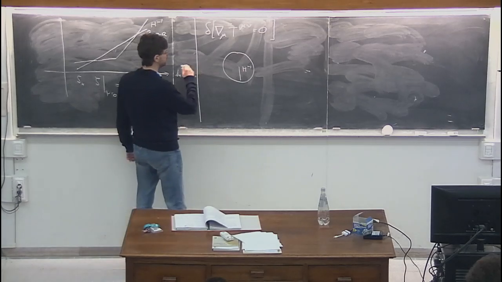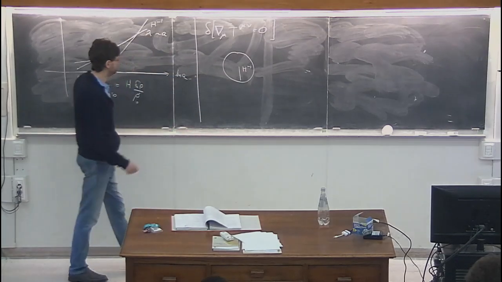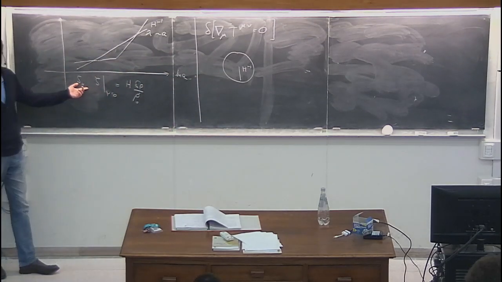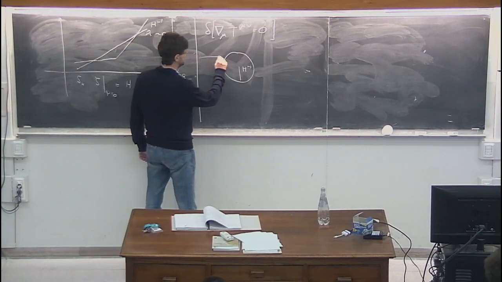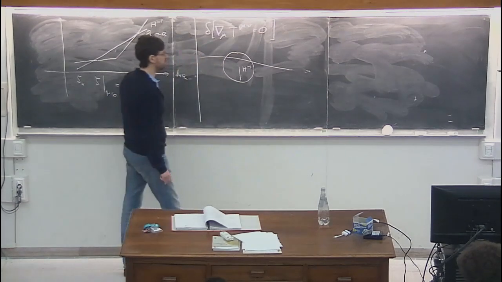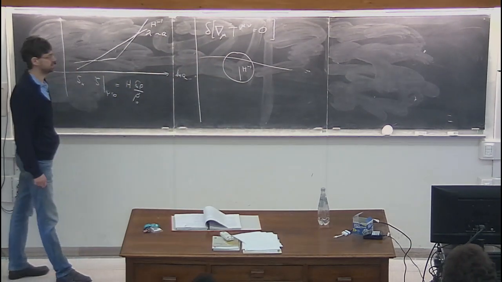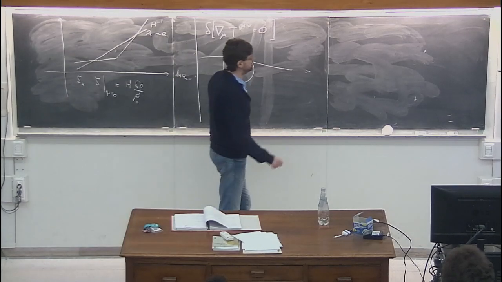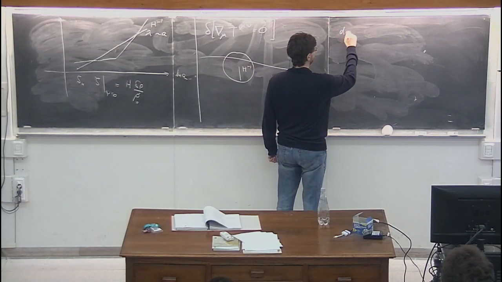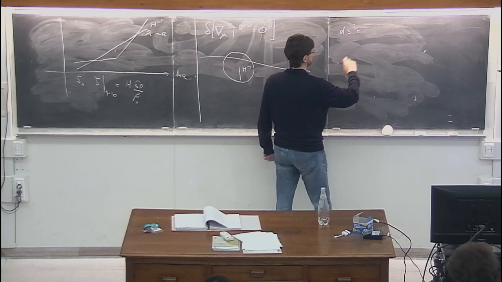I'm interested to look at the variation with time of my quantity zeta on super Hubble scales. So I'm looking at perturbations that are of this form. The wavelength is very large compared to the Hubble radius. Okay, so yesterday, if you remember, we started from a perturbed metric, which was